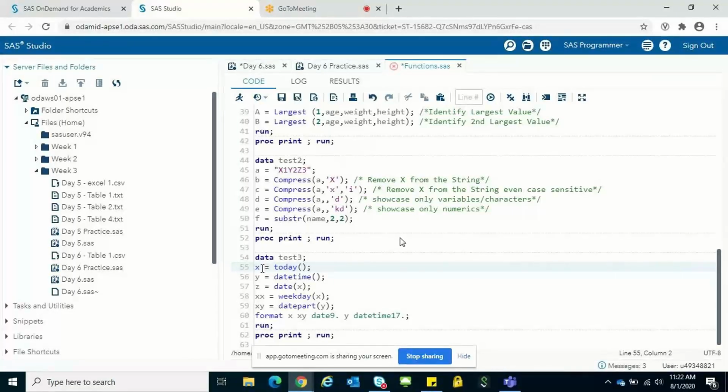Okay, run this. Run code from line number 54 to 62.